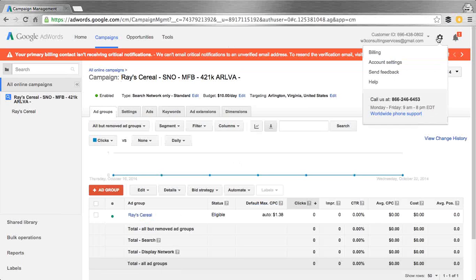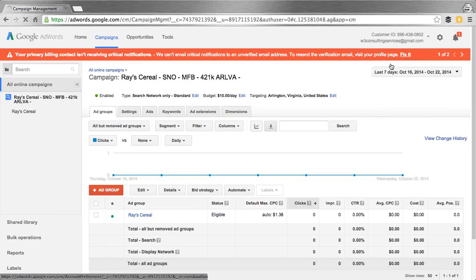Something that I didn't cover before, again, we've gone over some of the basics of the system before, so I really wanted to talk a little bit more about strategy here, but I want to show the interface really quickly. Remember that under the gear icon, you drop down, you have billing and account settings. Under billing and account settings, you're capable of changing your billing information and seeing your reports on billing. And then under account settings, you have all of the places where you're going to be able to put in your